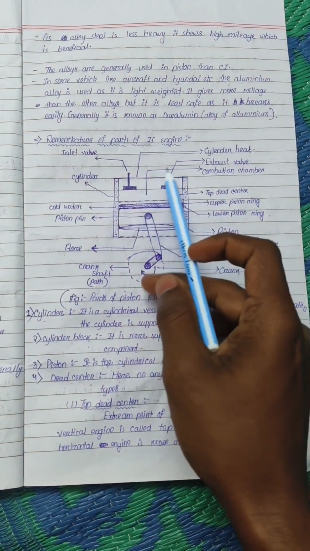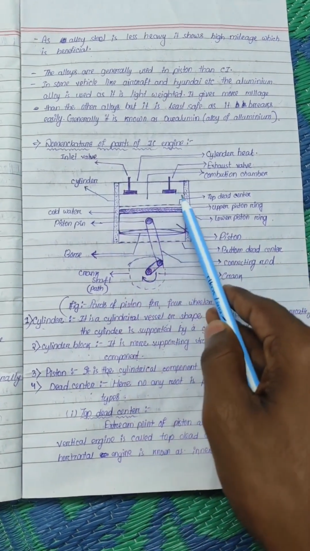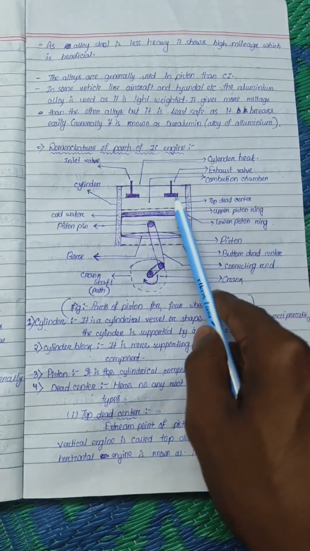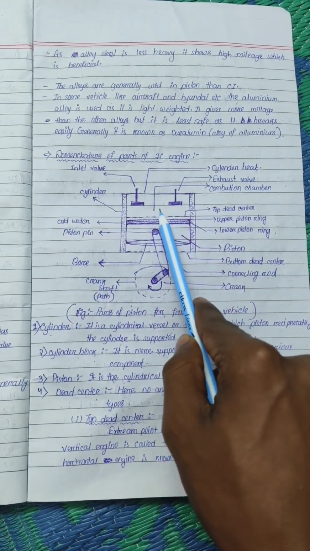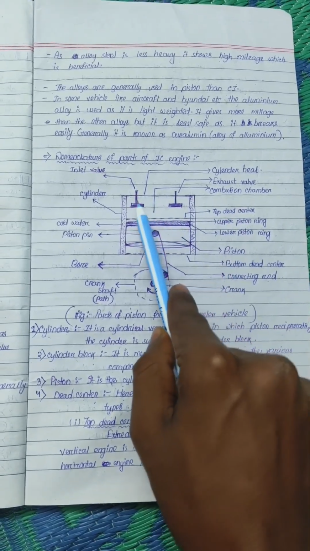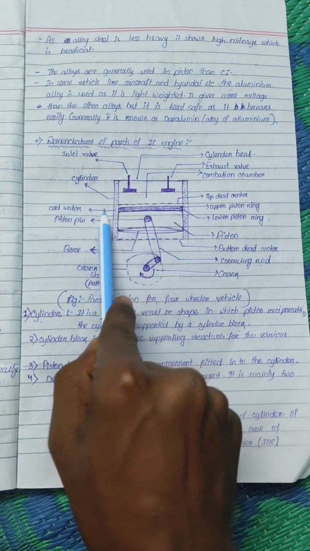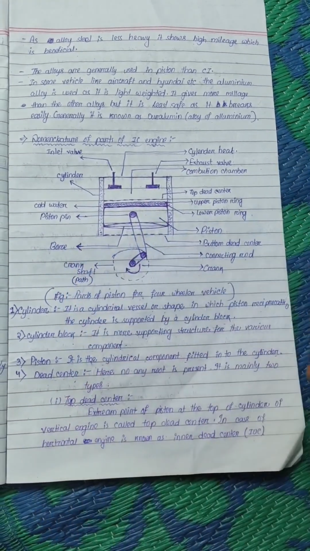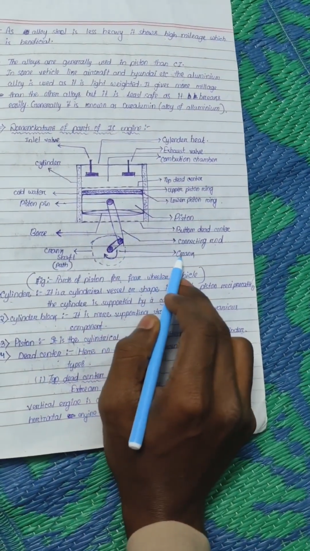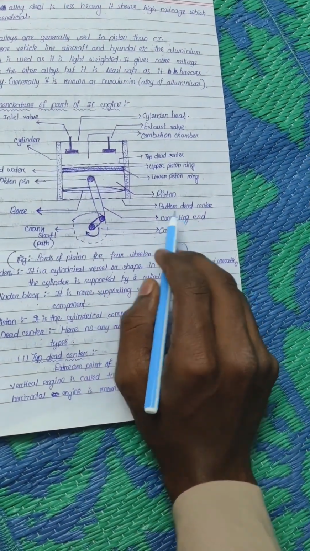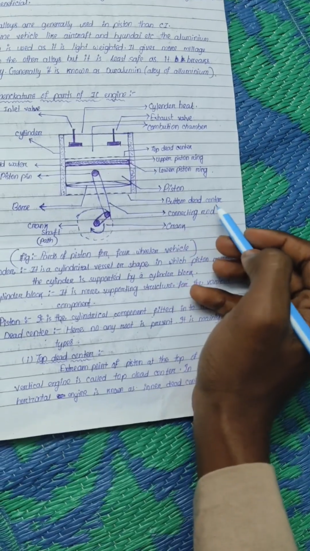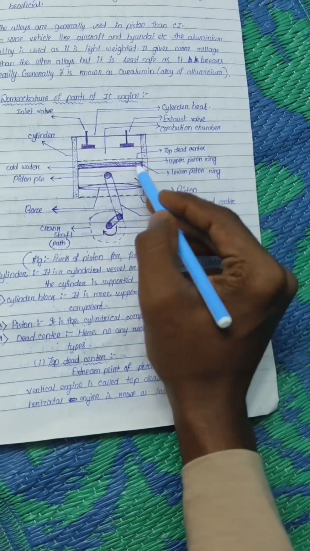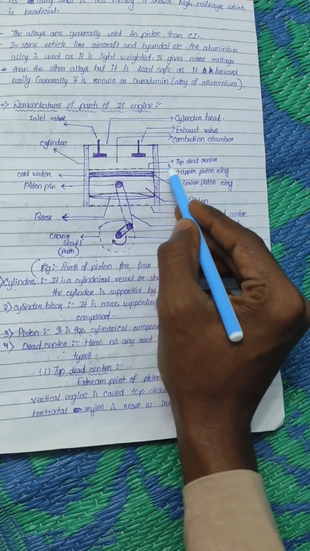Here we can see the inlet valve and the other one is known as the exhaust valve, and this section is known as the combustion chamber, and here it is cold water, it is the piston pin, and it is the bore, and here it is the crank, it is the connecting rod, it is bottom dead center, this is the piston and lower piston ring, this is the upper piston ring, this is top dead center,